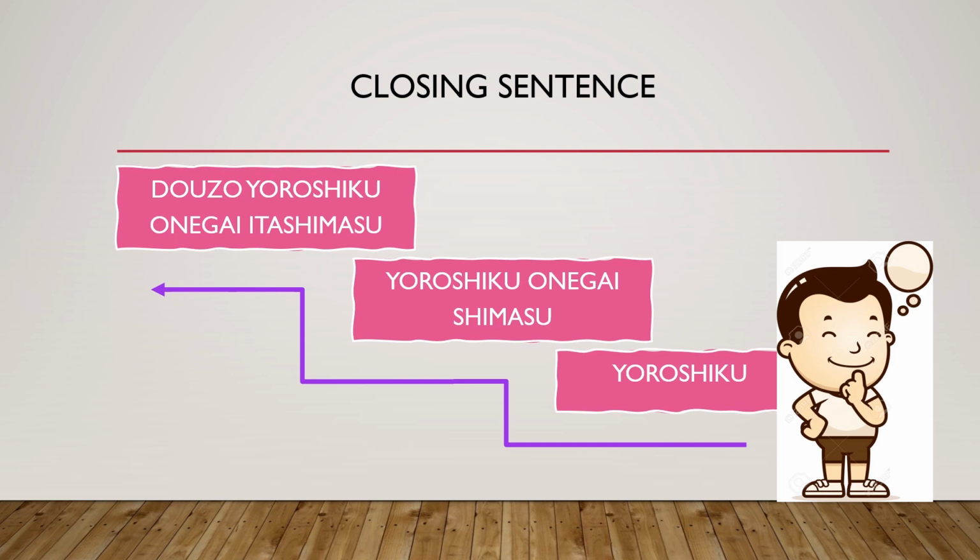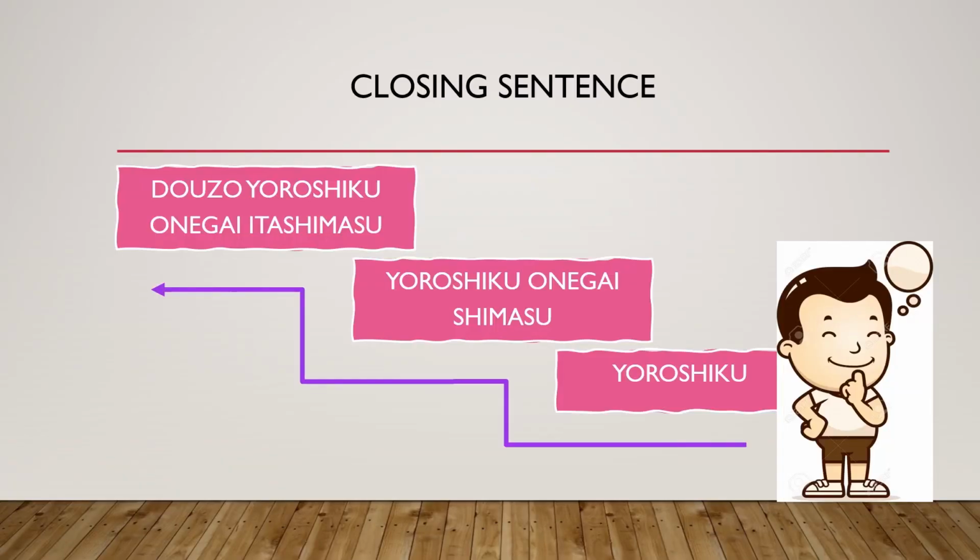Now moving to the closing sentence or the closing word. What are the words that I use to end any conversation? That is dozo yoroshiku onegai itashimasu. In Japanese language, as we are aware, everything in order to show manners, etiquette or respect is divided into different levels based on to whom you are speaking or whom you are addressing. So in an office environment, when you want to introduce yourself or end a conversation, you will use the words dozo yoroshiku onegai itashimasu.